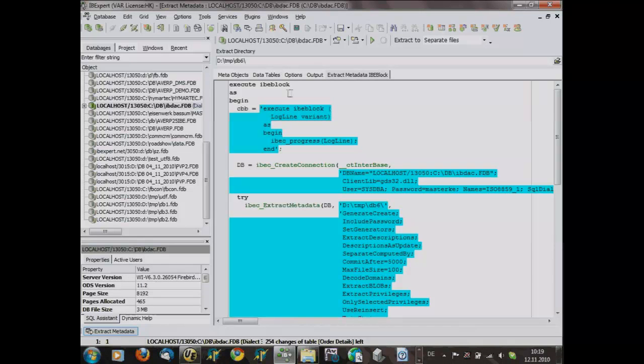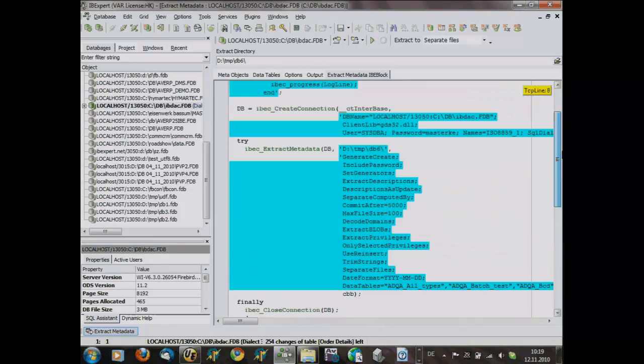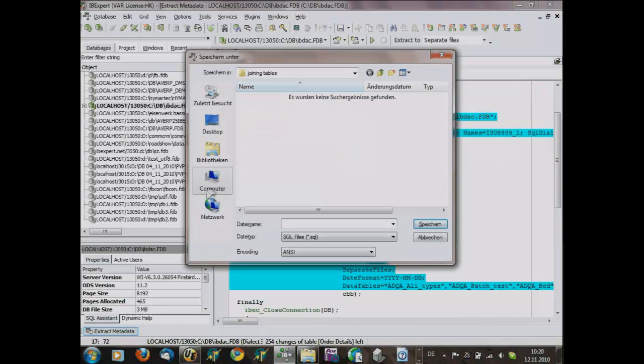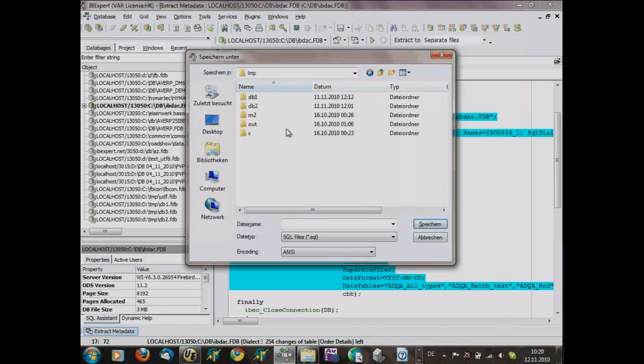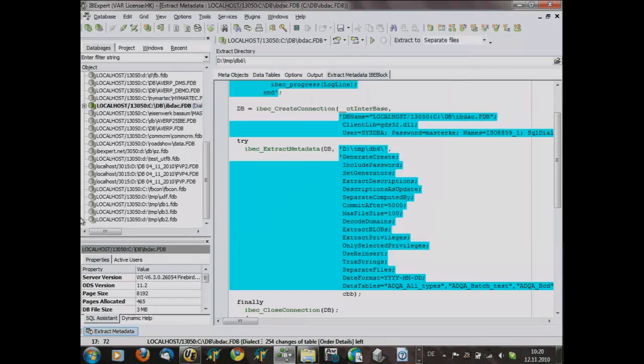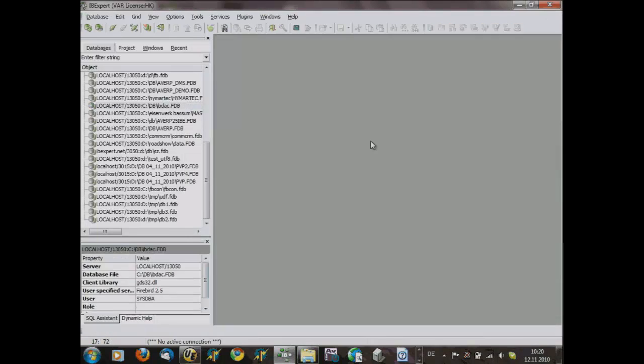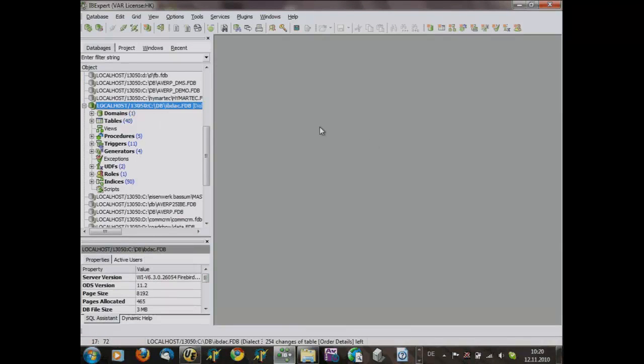So what I can do here is simply this execute block, this file here, is simply created automatically, and I can store this in a command line file, tmp ex, I call it ex.sql. And what I can do now is really simple.